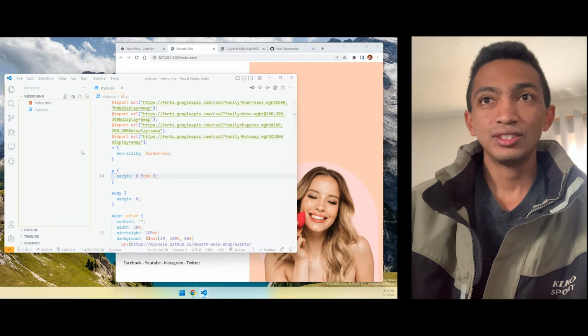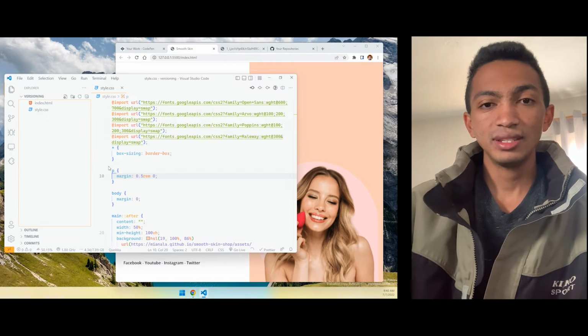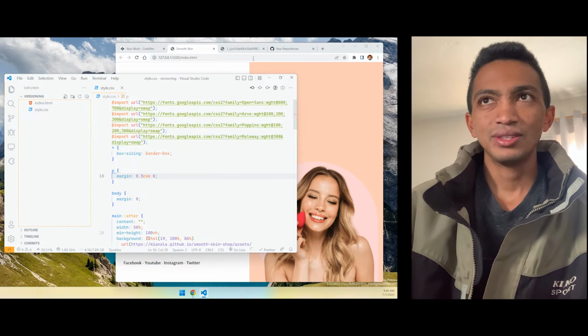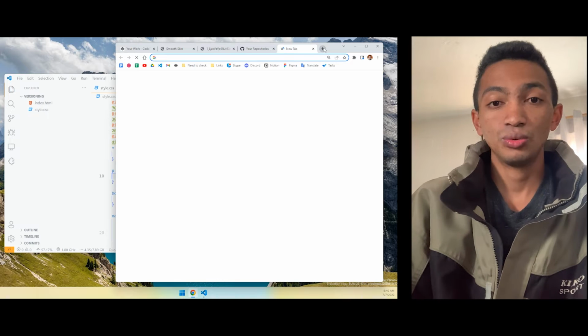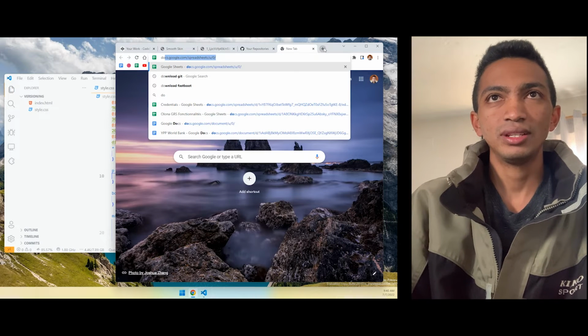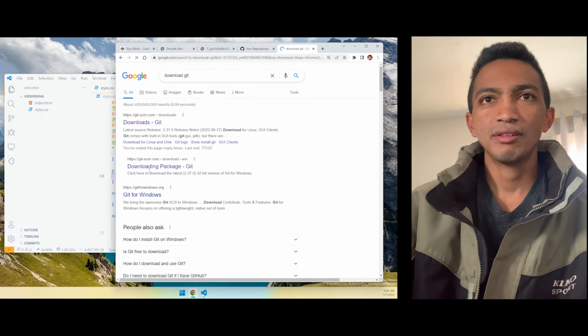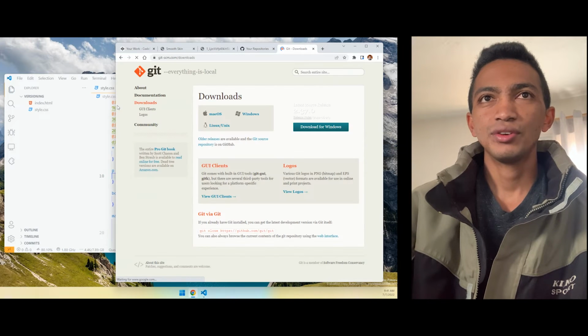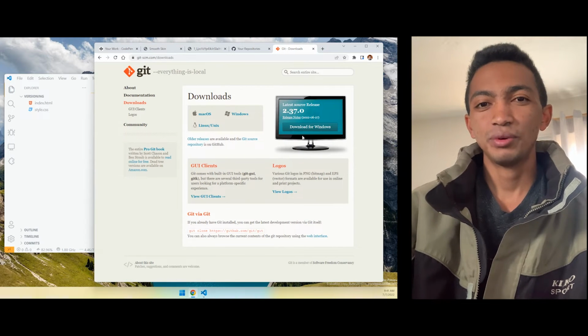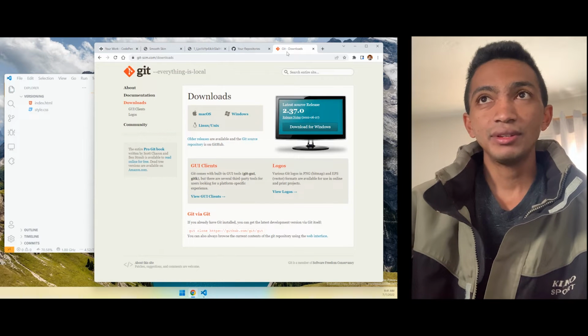The first thing that you need to do in order to use Git and versioning is to install Git. Okay, so how do you do that? You just need to download Git and install Git from this URL, git-scm.com/download. You just need to choose the version that corresponds to your operating system. And after installing Git,